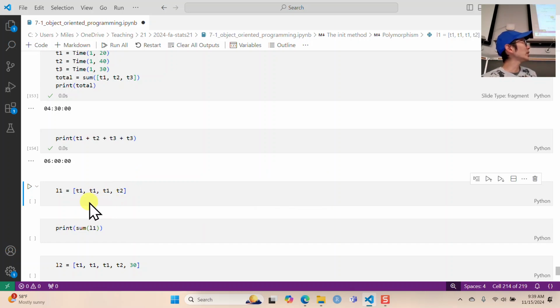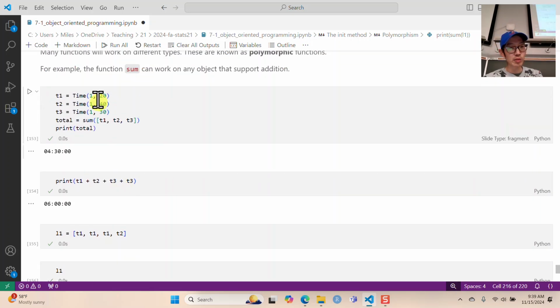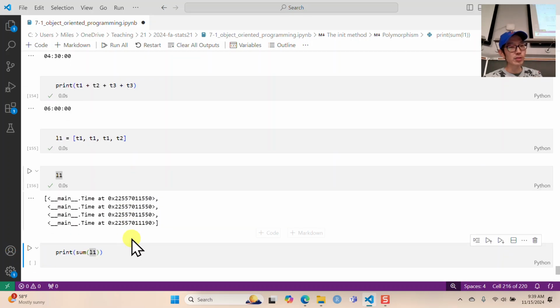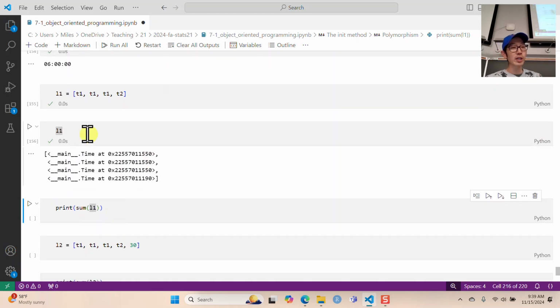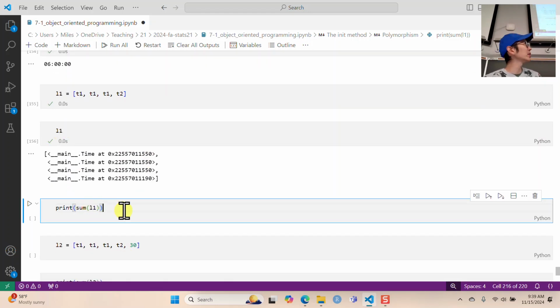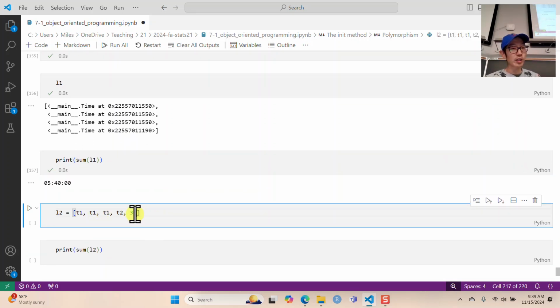Okay, here L1 is just, it's hard to kind of read this, okay? It's just 4 time class objects right now, okay? T1, T1, T1, and T2. What is that? T1 is an hour and 20, so I've got 3 of those, so that's 4 hours. T2 is an hour 40, so that's 5 hours and 40 minutes. I can just do sum on the list and print that out, 5 hours and 40 minutes, okay? Here, again, I've taught underscore add how to handle both a mix of integers and time objects,